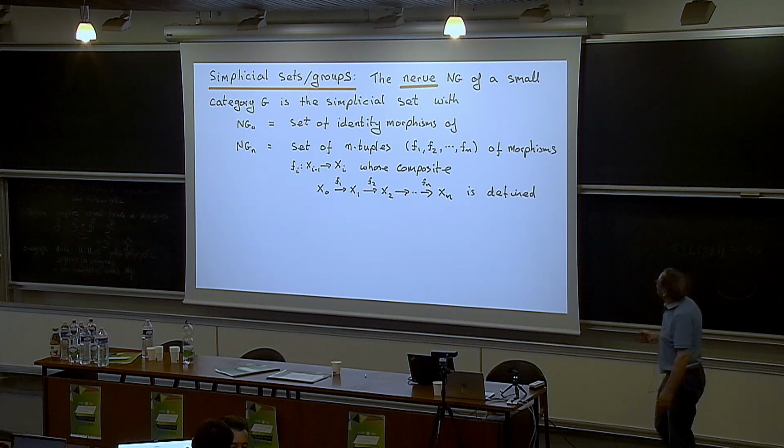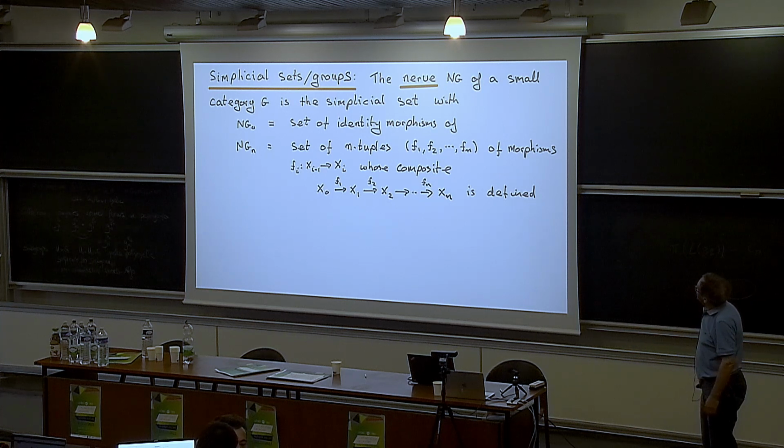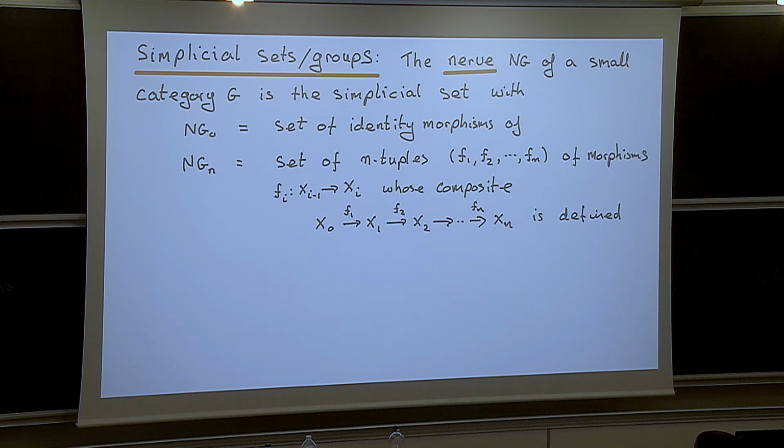Or countable anyway, at least. So the nerve of a small category or of a monoid G is the simplicial set where, if you recall what a simplicial set is, it's a sequence of sets, and in degree 0, there's going to be one vertex for every identity morphism, every object in your category. So if it's a group, you just have a single vertex, but if you have a category, you have more. And then in degree n,